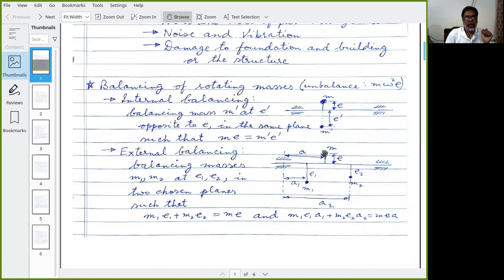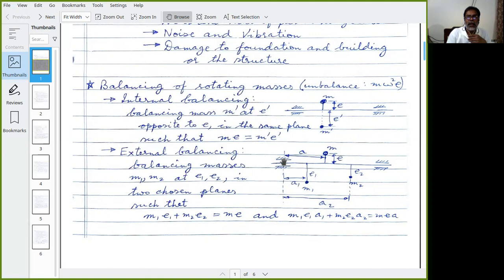However, if only this is achieved, then what may happen is that, look at this, there will be moments of this inertia force, this inertia force, this inertia force. This moment will be this way, this moment will be this way, this moment will be this way. If there is a resultant moment about this point, about the axis perpendicular to the shaft,